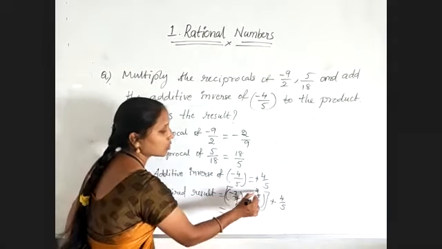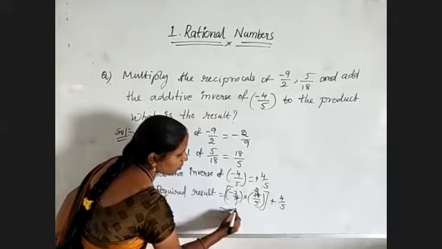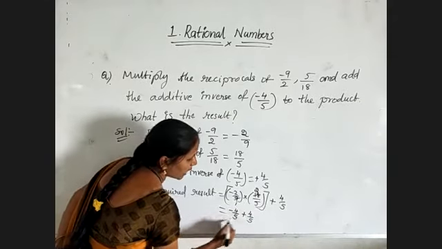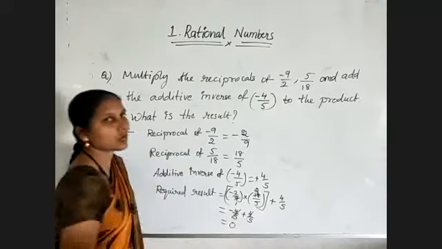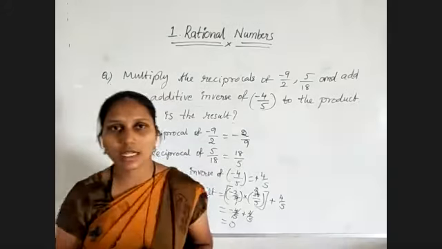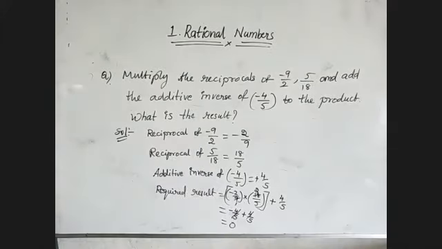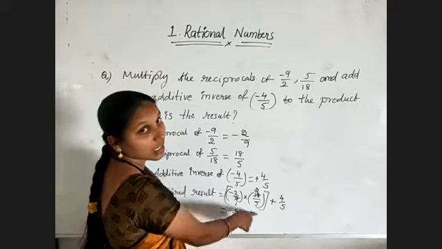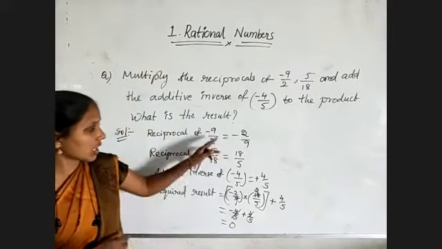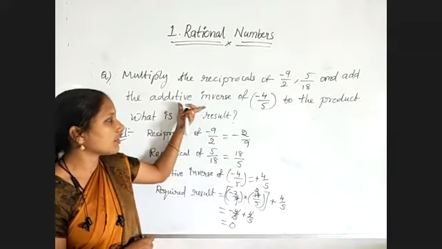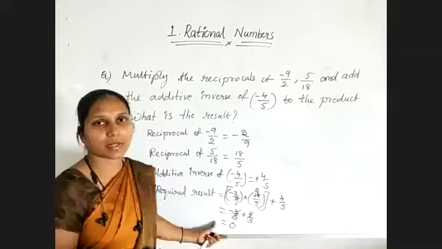9 ones are 9, twos are 2. That is equal to minus 2 into 2, minus 4 by 1 5 are 5, minus 4 by 5 plus 4 by 5. So minus 4 by 5 plus 4 by 5 will get cancelled, and the result is 0. In that way we need to do, a very simple question. You just need to understand the question easily. This is the additive inverse property: A plus of minus A is equal to 0. So here also we used the properties: additive inverse, reciprocals, additive inverse, and again the additive inverse property.